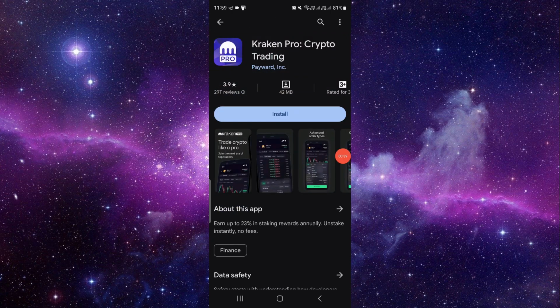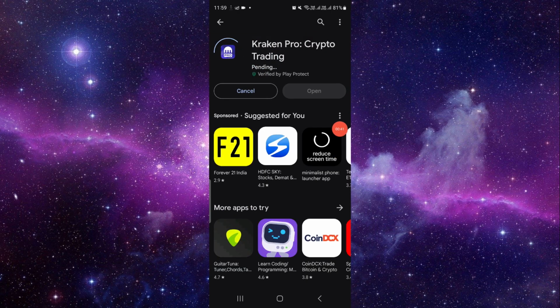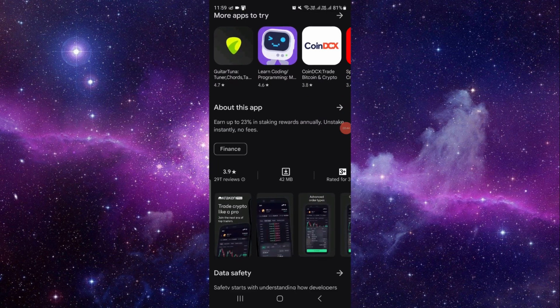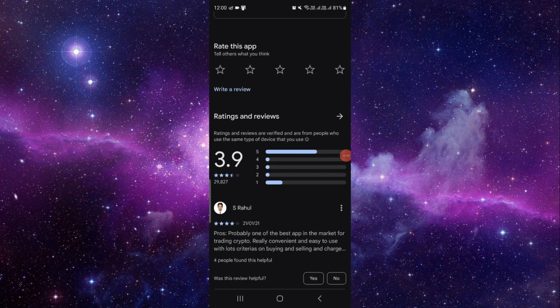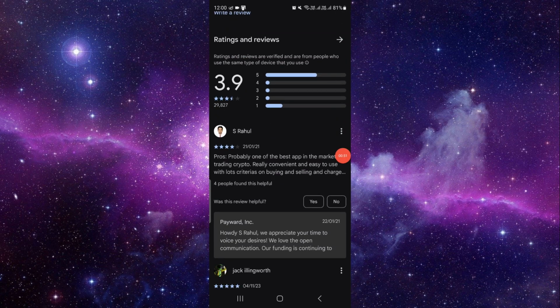From here I have to click on the install button. It will automatically download and install the app on your device. So by this way you can just do it. If you scroll down, you can also rate from here and read ratings here also. So by this way you can just do it. It's a very easy